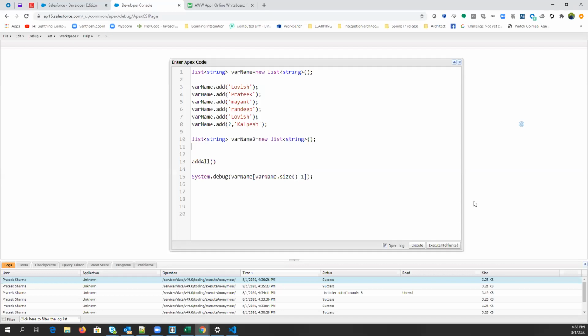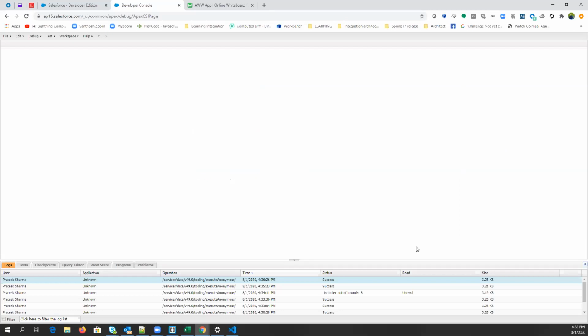If I do varName2.addAll, what do I need to pass here as a parameter? varName, because we are copying one list to another list. Am I right, guys? Yes. So now what do we need to print here? varName2, just to check if we have all the values here or not. Let's just print it, execute.